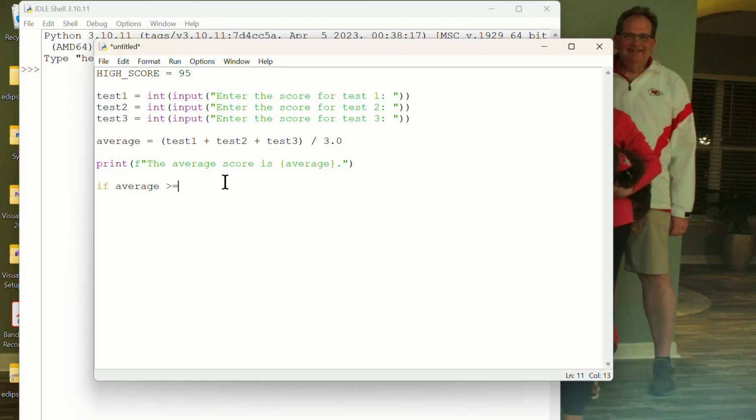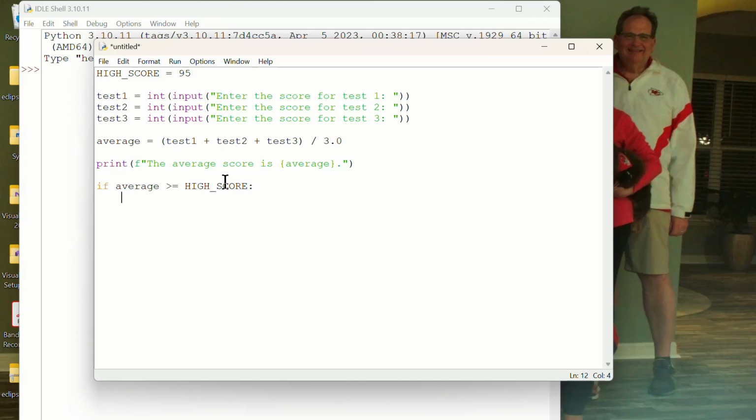That's part of the idea: once you look at what you have as notes or whatever when you're talking to a client, you go and do the stuff and you come up and you say, oh, wait a minute, this is in 2 different places here. Which one was it supposed to be? So you go back to the client and ask them. So if average is greater than or equal to high score,